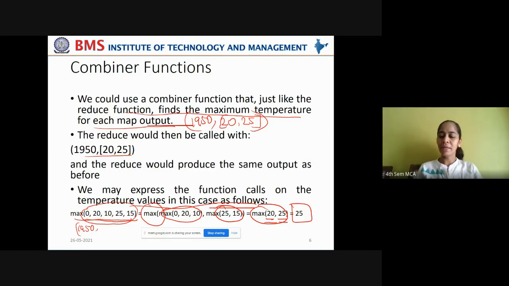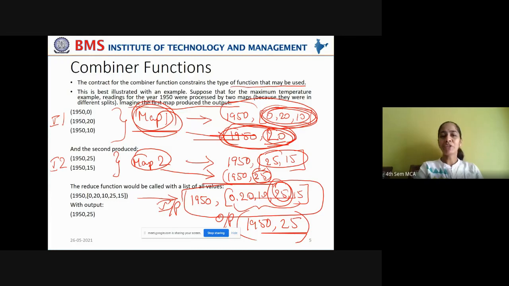You understood clearly? The combiner function runs on the side of the map function, and instead of this big output, it reduces to this much output by finding the maximum at that particular level. Again, for map 2, it found the maximum temperature at that particular level.